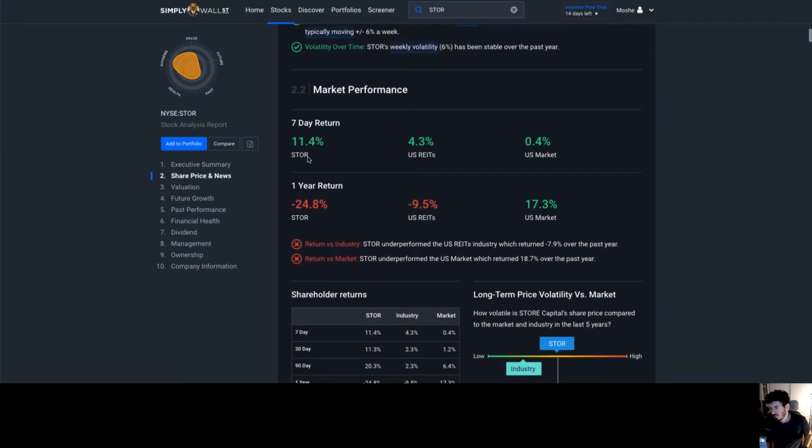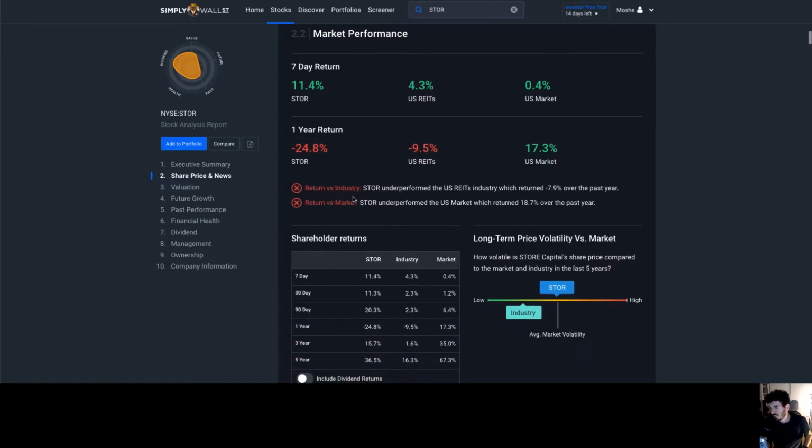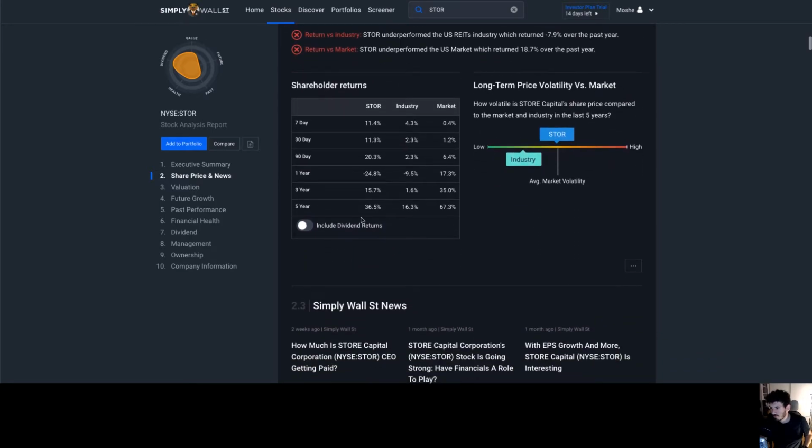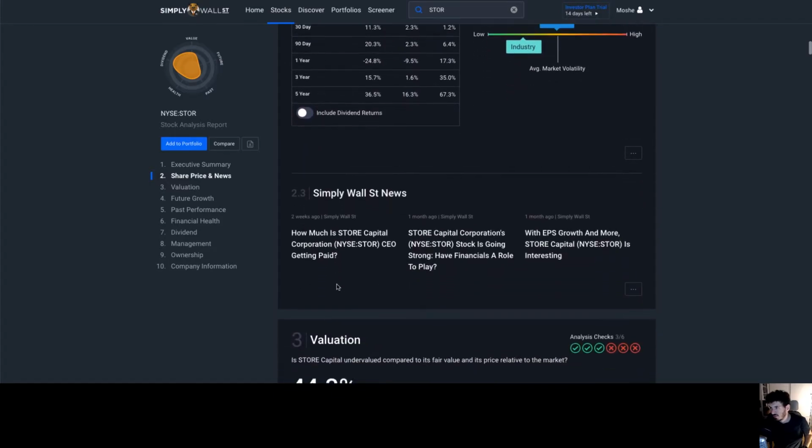7-day return of Store versus other US REITs versus the whole US market. 1-year return, very different story. Shareholders return, and you can turn on dividend payments, dividend returns. You can see that over 5 years with dividend returns, we're talking about 88% return. Continuing on,